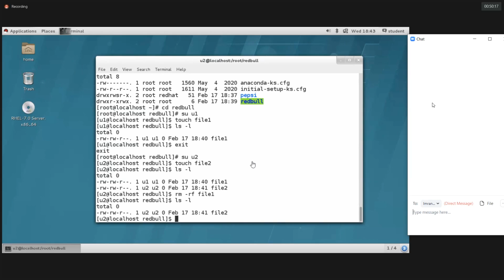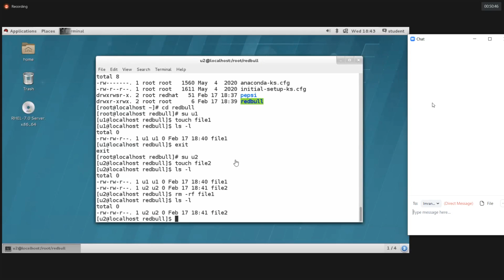That's it now, Sachin. Full permission for others means this directory is open now. Anybody can create, anybody can delete any file. Got it? Now my intention is that the owner is the one who needs to delete, that's it. Apart from the owner, the remaining people should not delete the file.